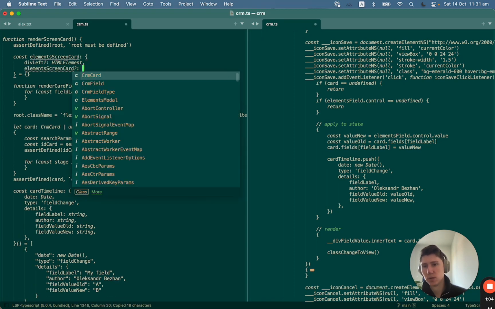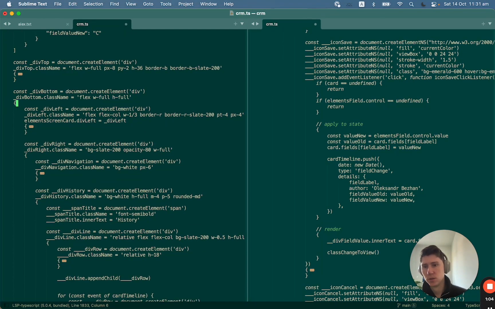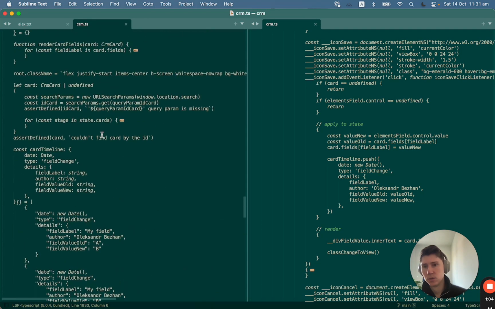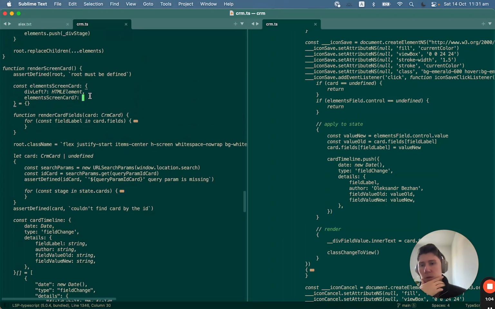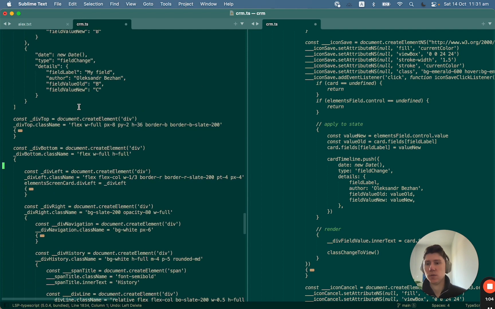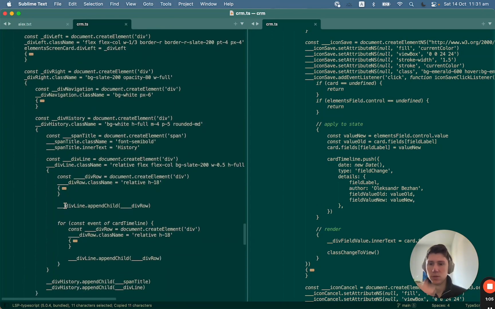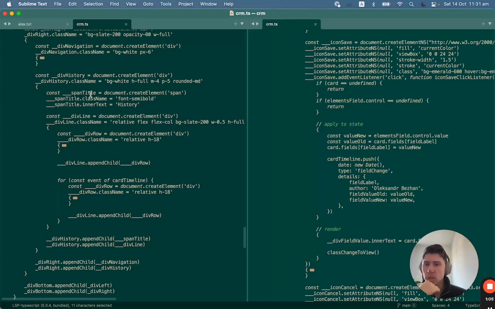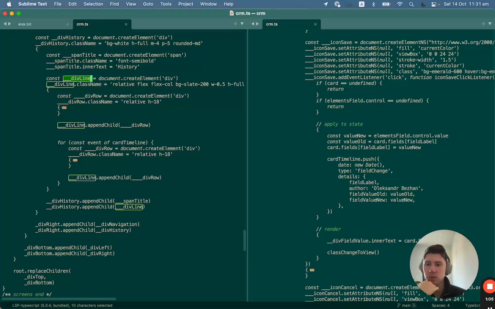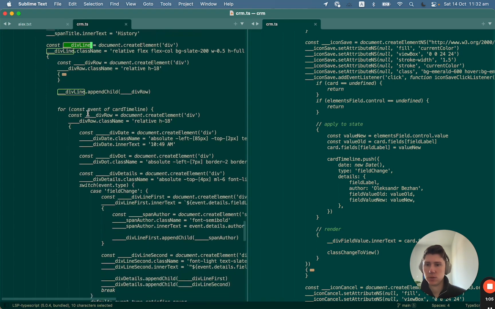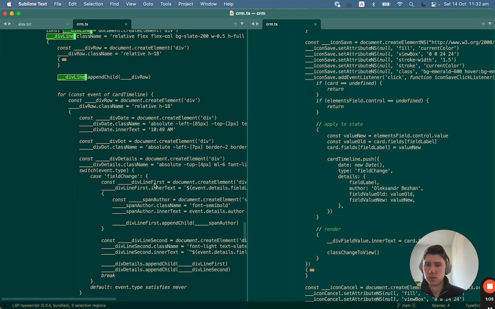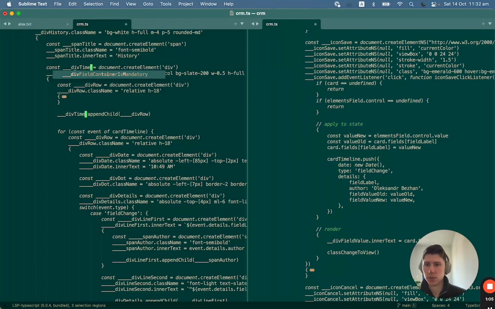Maybe we can have a div line, I guess, div timeline, and let's rename it as well so we have the same name all the time, no matter where we refer to it. Div timeline,